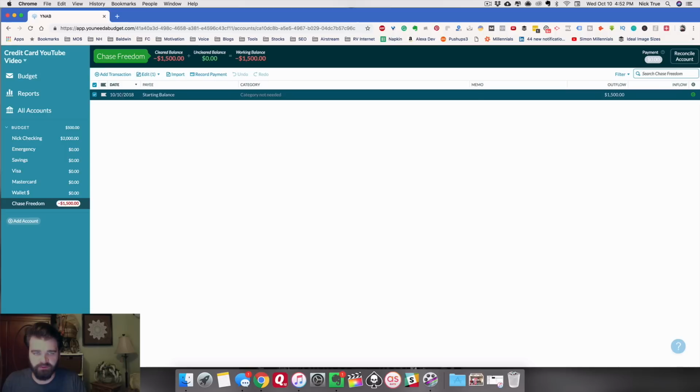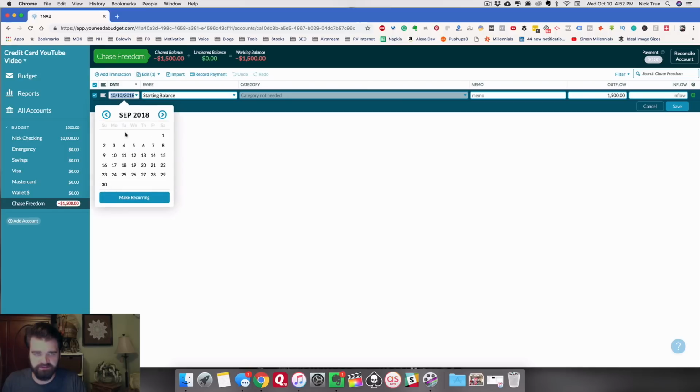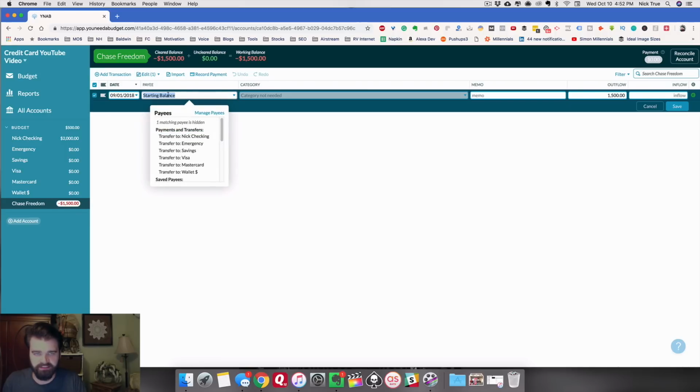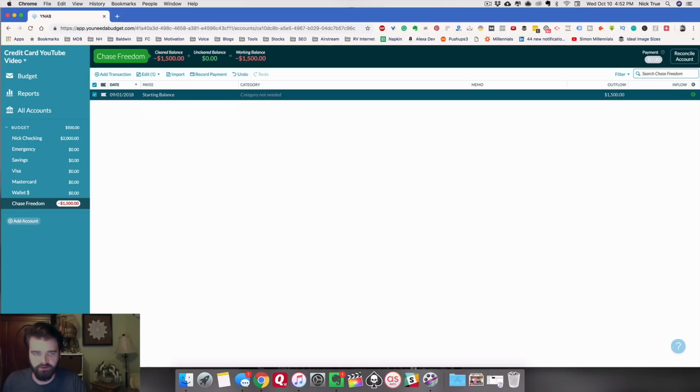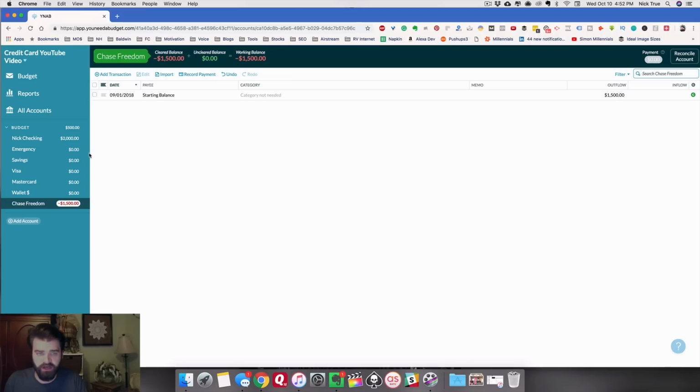Now for this example, I'm actually going to change the date and say the starting balance was the 1st of September because we're going to do some months moving around here in a bit, but your starting balance will be whatever day you start on. Now it's important to note here that we're not going to add any transactions that happened in the past. If you bought groceries last week, we're not going to add that. We're just going to add the starting balance of what's on the card right now,